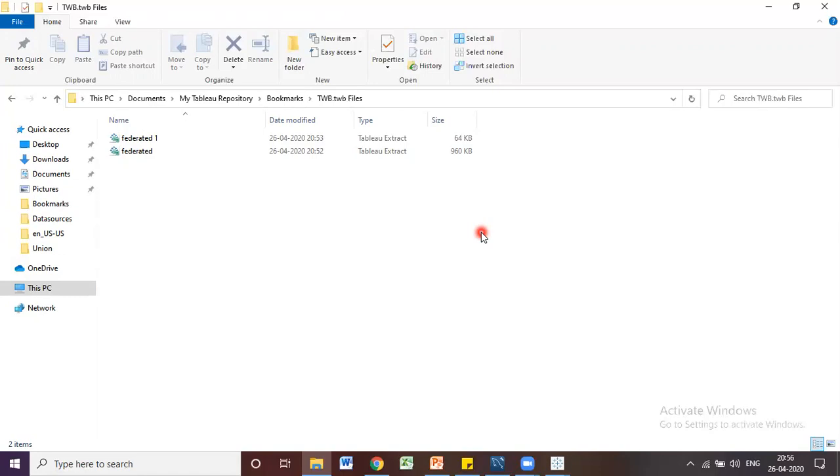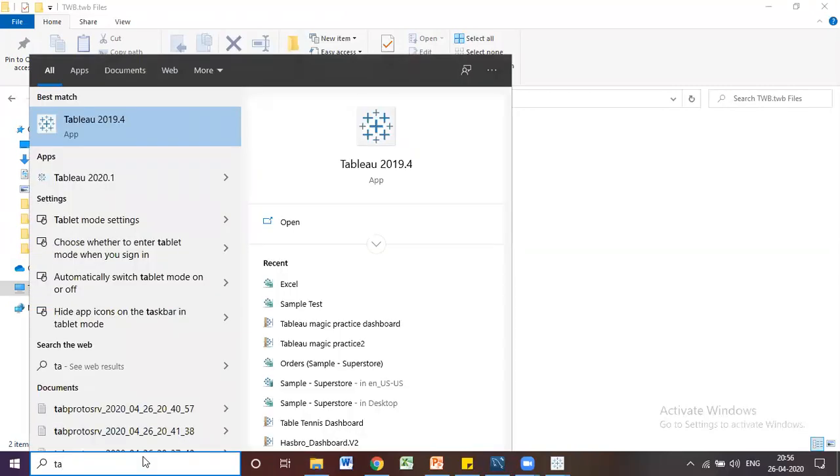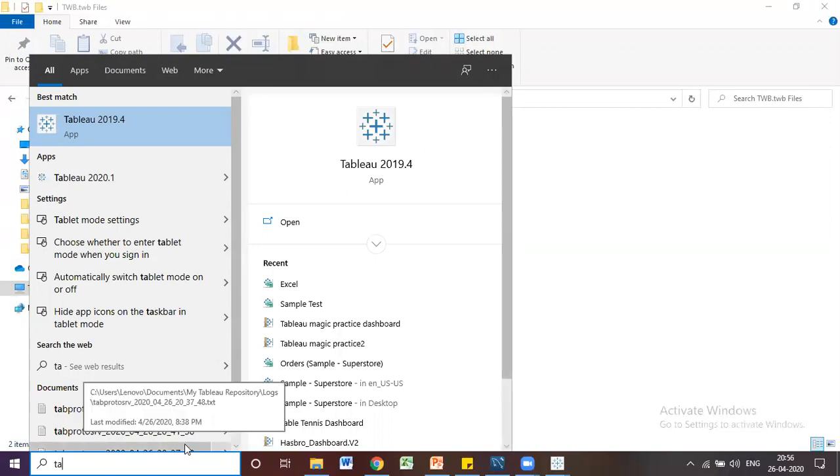So you cannot open those file formats. So this is a Tableau data extract. Whenever you are creating an extract file, these file types will come, either .tde or .hyper. Let me open the latest Tableau 2019.4 which I have in my computer.